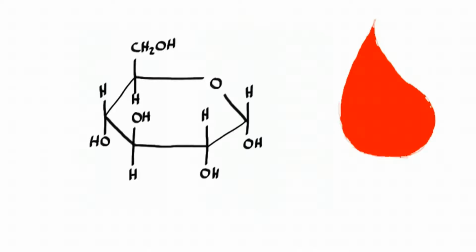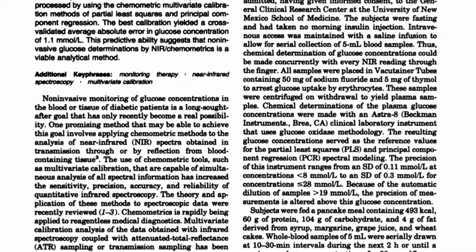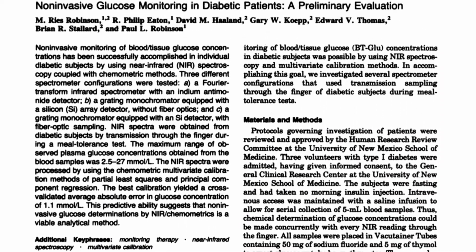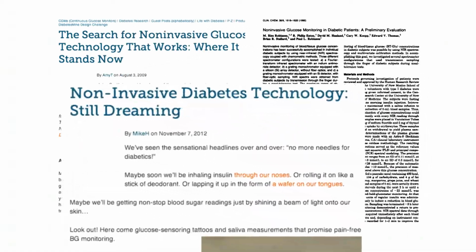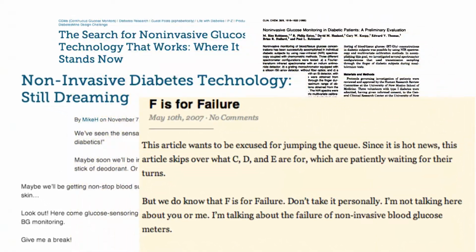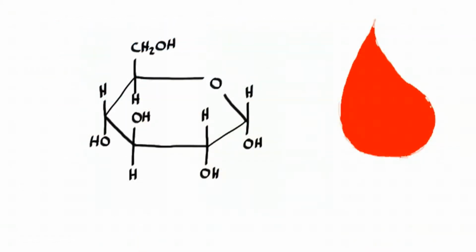About 20 years ago, infrared spectroscopy was proposed as a likely method for non-invasive glucose measurement, and initial results did look promising. The first peer-review article on the topic was authored by Reese Robinson, the CEO of Medici Technologies. Though the idea has been around for decades, its history is littered with failed attempts. But despite the historical failures, by applying technological advancements in other fields to this difficult problem, it's now possible to measure glucose non-invasively. To fully appreciate the solution, you need an understanding of infrared spectroscopy and the assumptions on which